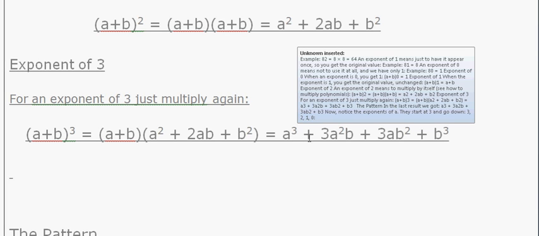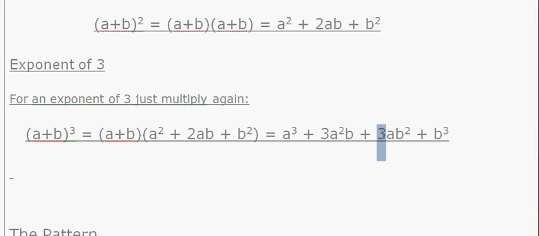Don't look at this coefficient, because there is another method of finding coefficients. We're just talking about the variables, not the coefficients. So we came to know how this a cubed came: we just wrote a here and applied this 3, which is the highest power in this whole equation. And here the power of b is 0, which is the least power. Now moving on to the next, what you find is, firstly it was a to the power 3, and after moving one term, this 3 decreased by 1 and became 2, and the power of b was 0.